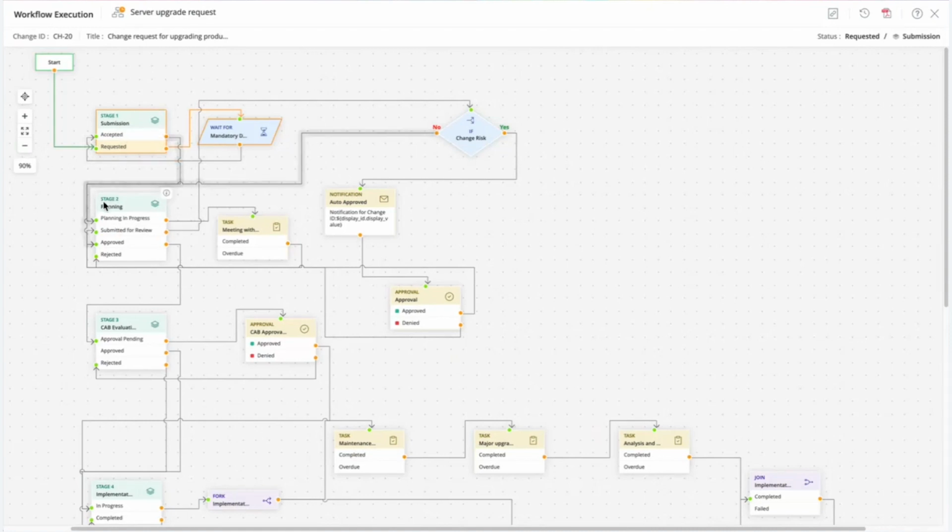And then we move on to planning, and we have a couple of statuses under the planning stage. And for each and every status, we have a different action that's happening. So during planning in progress, we have a task that is added to the change automatically. If the task is completed, we are approving it. We're moving on to the CAB evaluation stage and kicking off a lot of approvals. During this process, on the first step, we're also checking if the change risk is high or low. If it is high, we're sending out a notification, making sure that we are involving a high risk change and the stakeholders are notified. If it is no, we're directly moving on to the